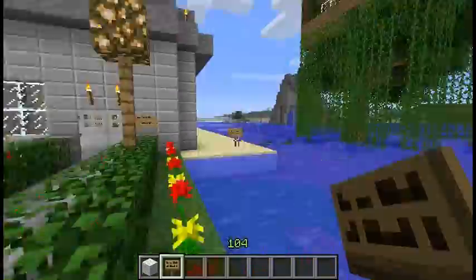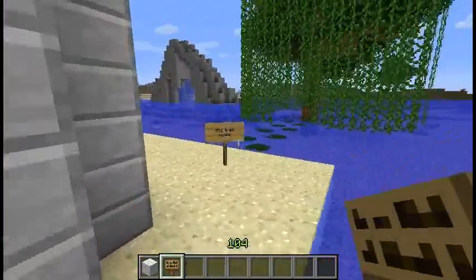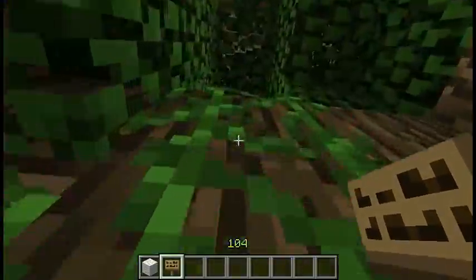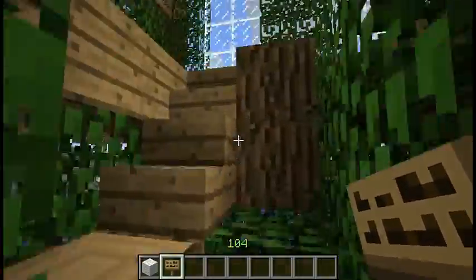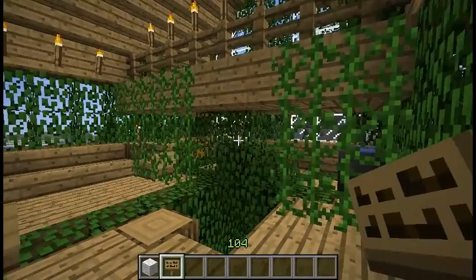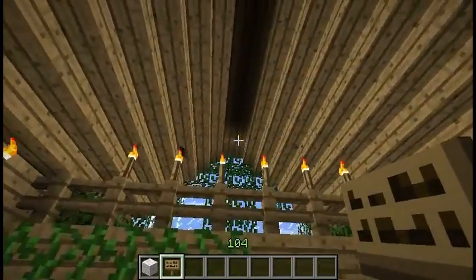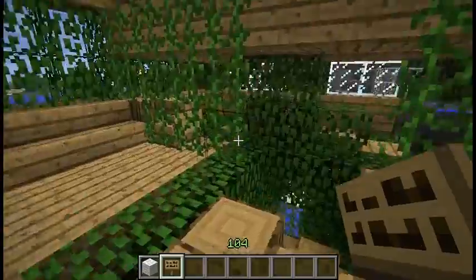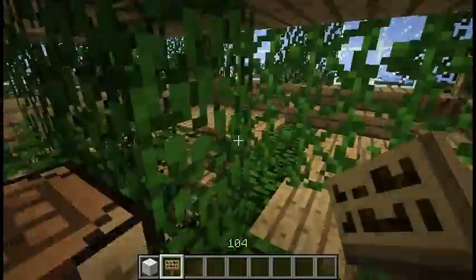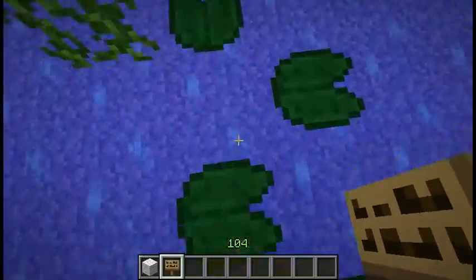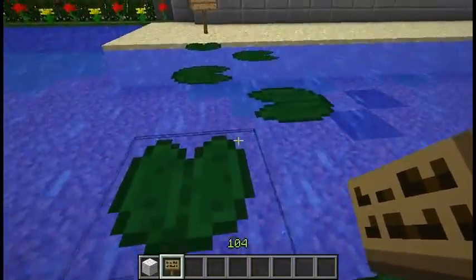Right? So let's go back inside. Is the house too big or is the tree too small? What if we made this house smaller? The thing is, we can't. Look at this. We can make the house a little bit smaller, but we can't make it very much smaller than this, otherwise it won't be a house anymore. So if the house can't be smaller, then the tree has to be bigger.